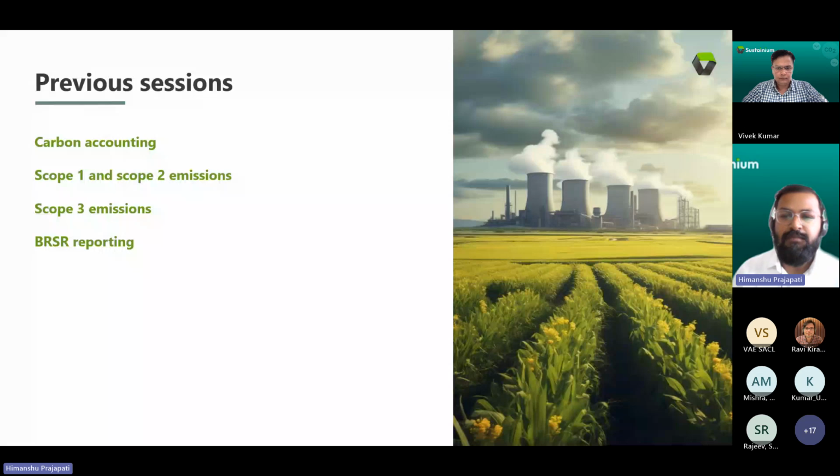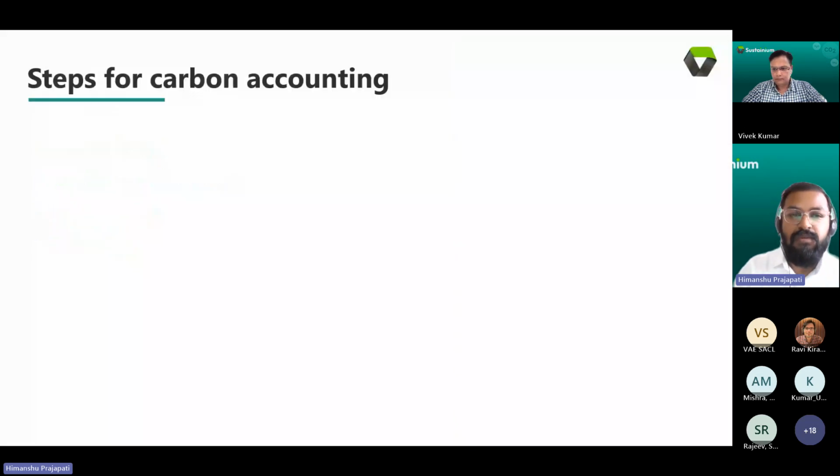So it's really important that we deep dive into the various aspects of it. But it is also important to refresh what you have done in the previous sessions, and more importantly on carbon accounting, because I think the relevance is very important. Why are we talking about the emission factors and what's its importance? That is very important to discuss. When we look at the steps for carbon accounting that we discussed in the very first session,